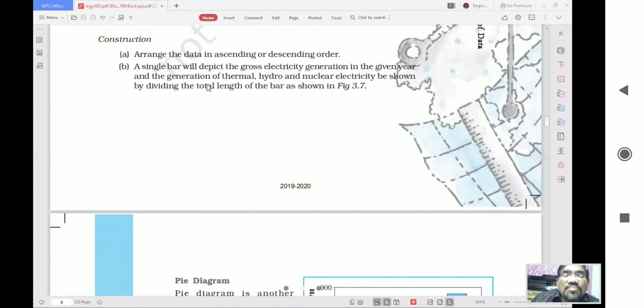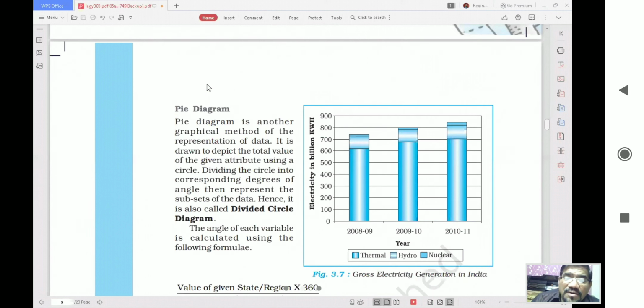So these are the questions which come in the practical. Whoever the examiner may be, he will ask you the same questions, because he will like to know whether you understand the topic or you just made a file. If you understand the topic, then they will be willing to give you marks. And sometimes it is very essential that you learn how to make these figures. Now I'm taking you to another important figure which you have to draw. This is your divided circle diagram. You won't have a lot of problem doing all this.